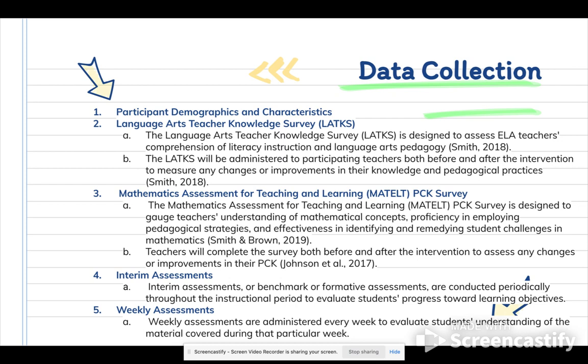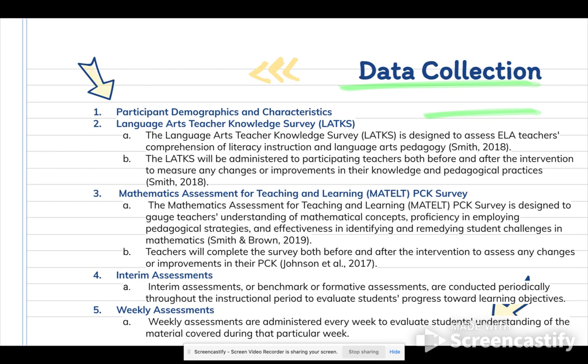Now, the data will be collected. Of course, as I mentioned before, we'll be collecting demographics and characteristics of both the students and the teachers. To assess pedagogical content knowledge, the teachers will receive two surveys, both before the intervention and after the intervention.